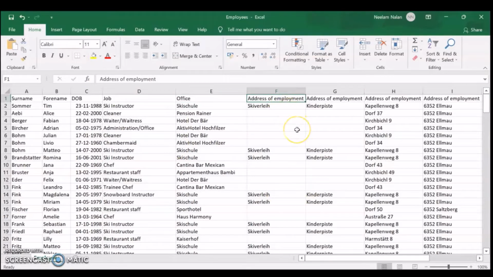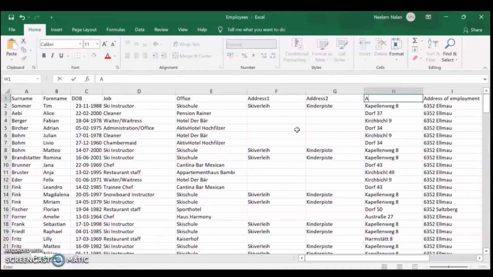Address of employment, you can see there are 4 fields with the same name. We'll change them to address 1, address 2, address 3, and address 4.